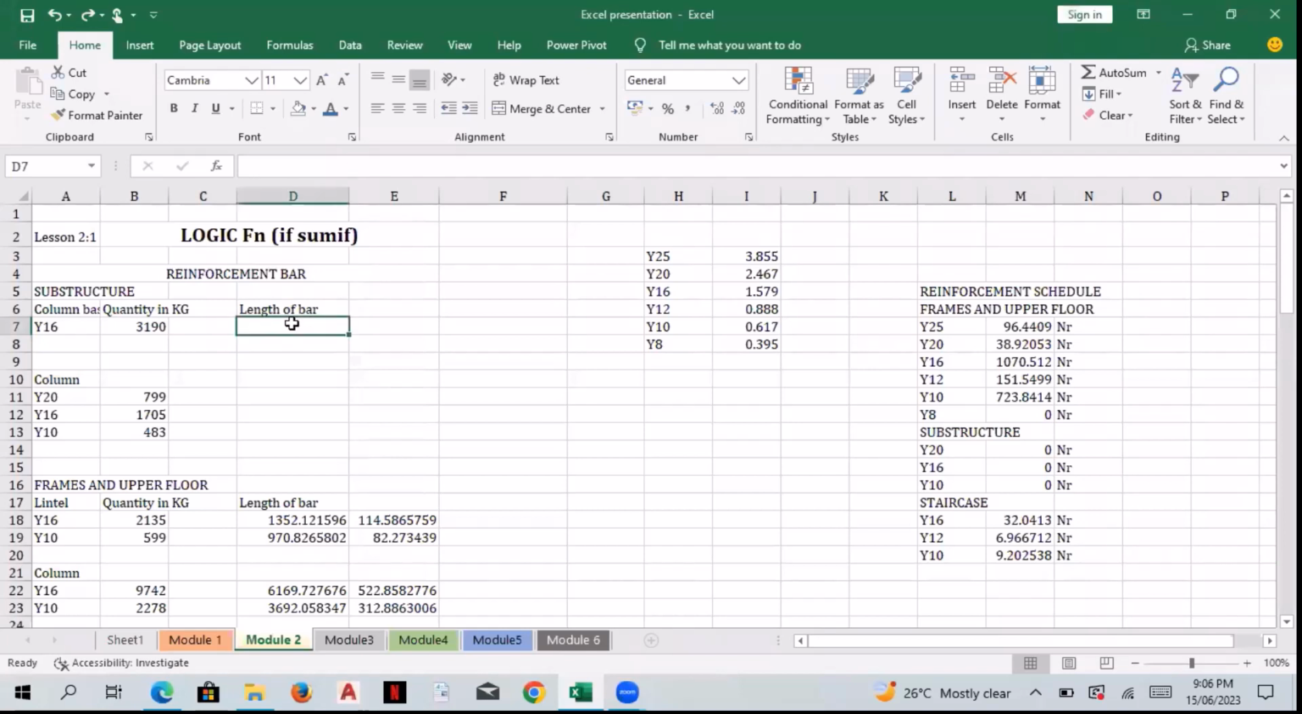We have this length of bar. So we use our equal to sign, IF, open bracket. This IF function has three arguments. The first argument is our logical test, followed by our value if that logical test is true, followed by our value if that logical test is false. But in this case here, we are going to do something called nested IF, which is a bunch of multiple IFs